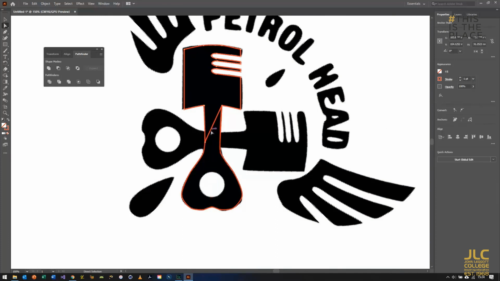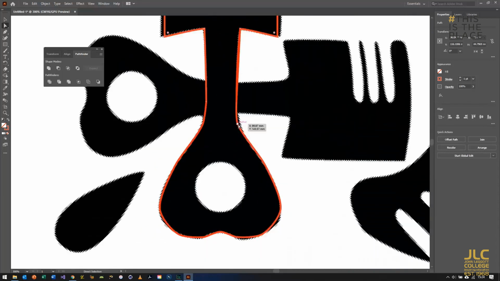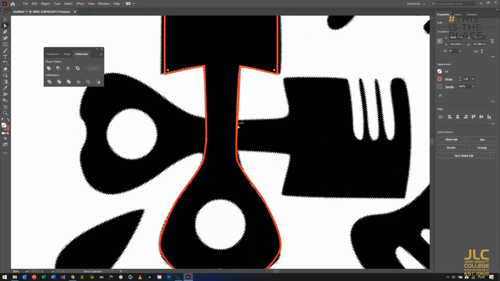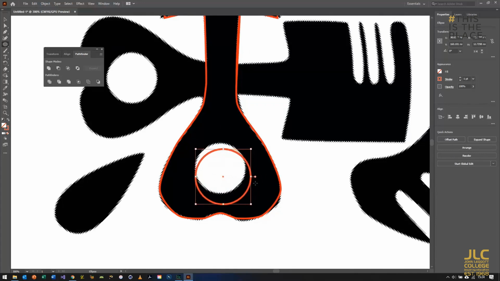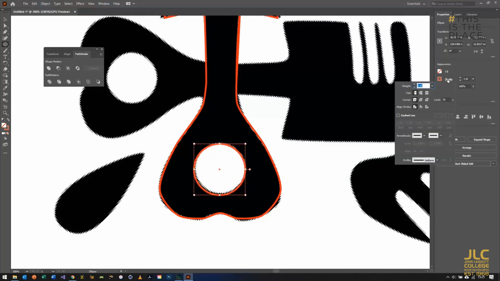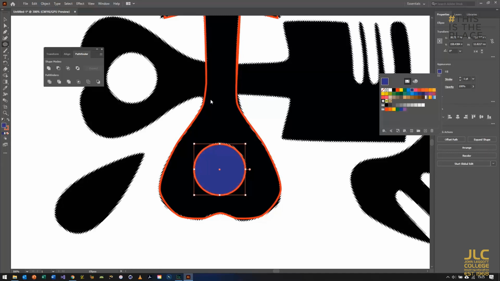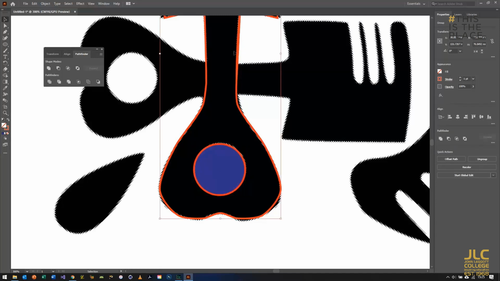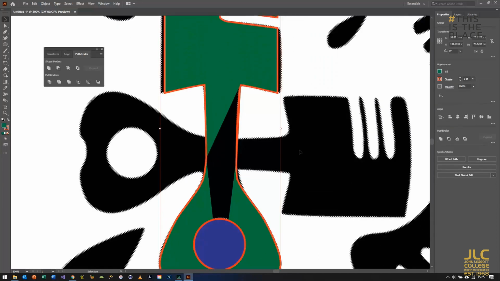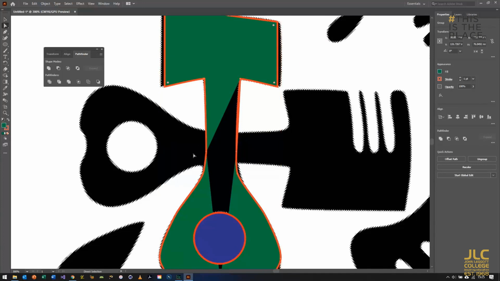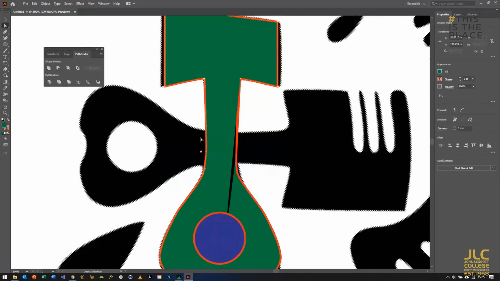So now we've joined it together, and just delete those lines out the middle. We've also got some kind of weird extra line going down the side, which we'll have to get rid of. In the meantime, we'll draw that circle. Okay, just give it a different colour. We'll fill it, but you can see what's gone on before has messed up our shape ever so slightly, so we just need to go in and